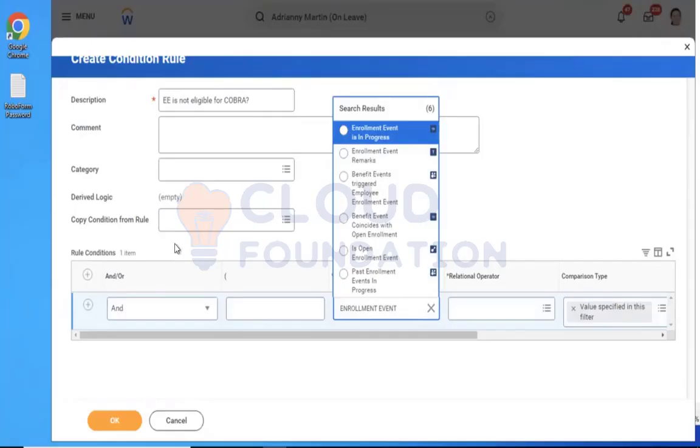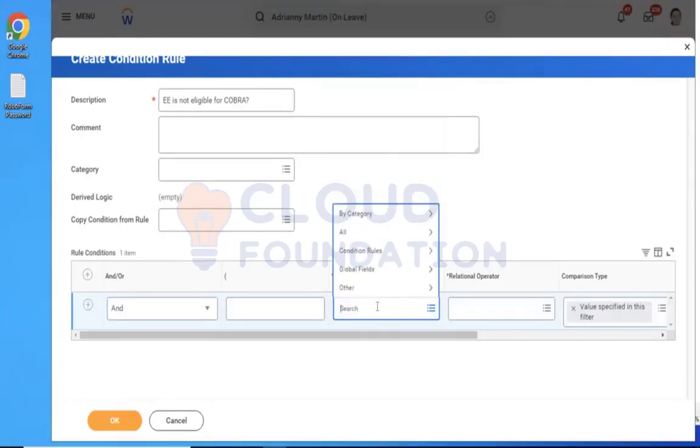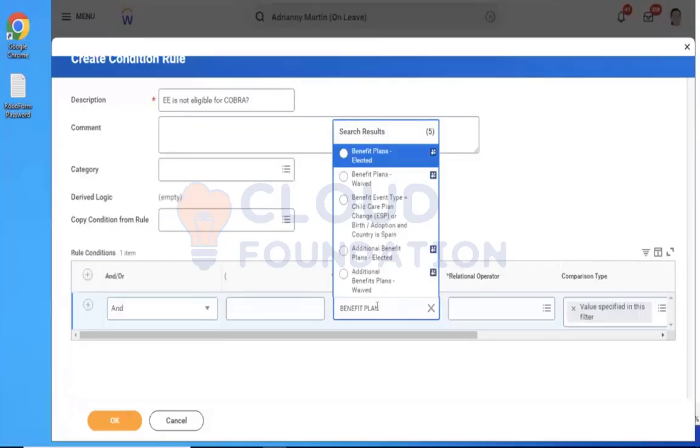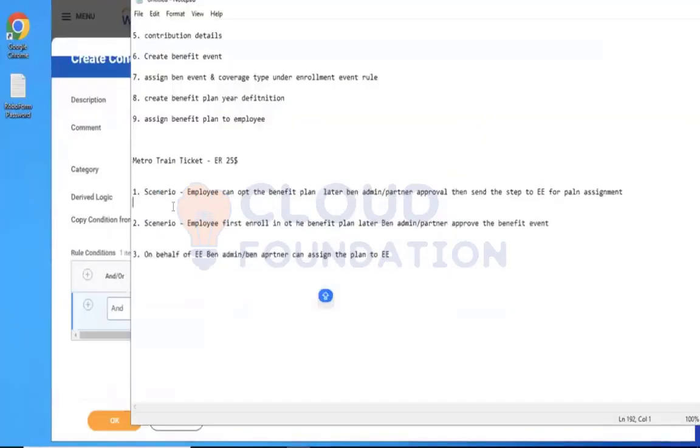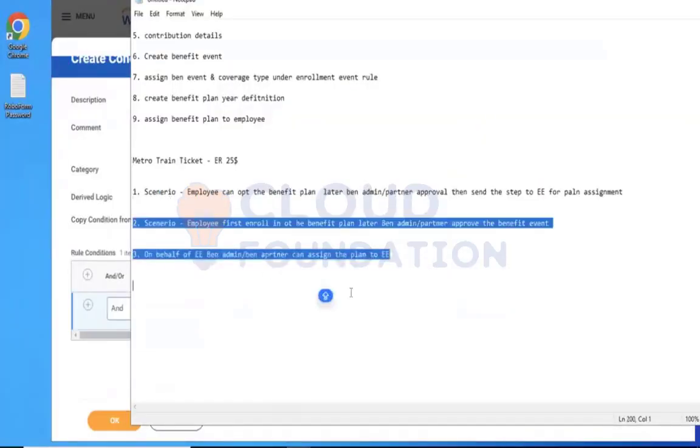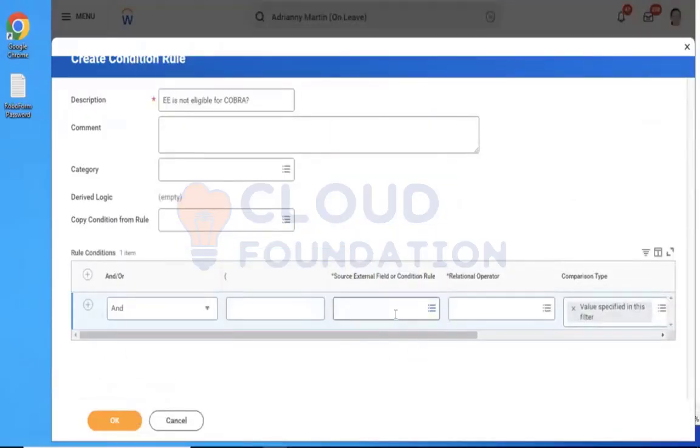In an active implementation, where will it be the first? Do we have to configure the BP, get the requirement for the BP, and do the configuration before we even start creating all the plans? Actually, we need to create the BP from scratch, sir. As I said, with these three examples we discussed, we need to create the BP according to that, like who can approve, who can initiate.